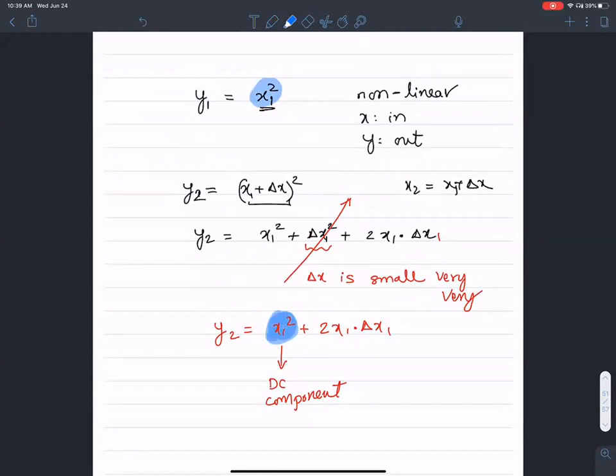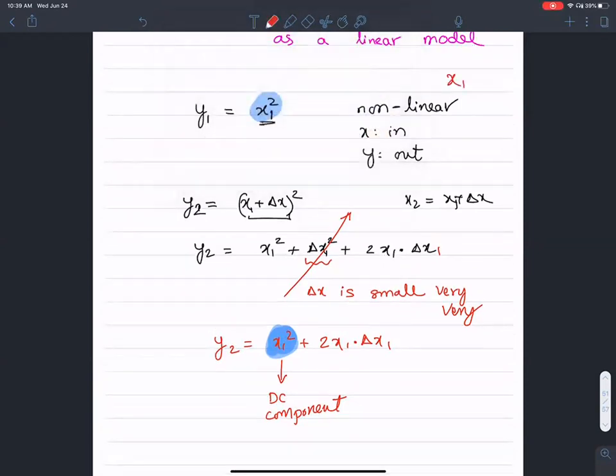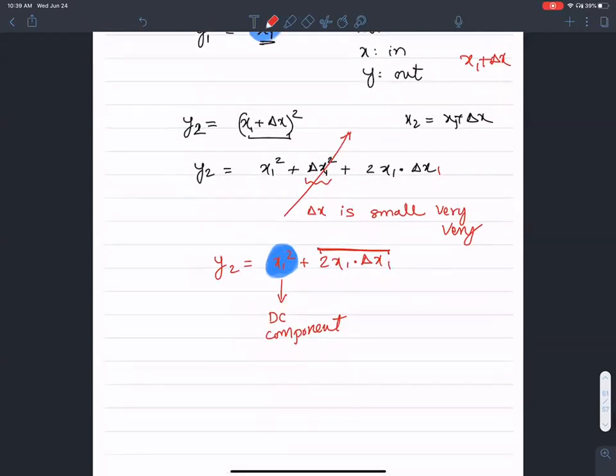There is some term that is common when the input was x1 and the input is x1 plus delta x. In both of these cases, there is a common component, x1 squared. Then there is another term. So what I can do is this response, this is called the AC or the small signal